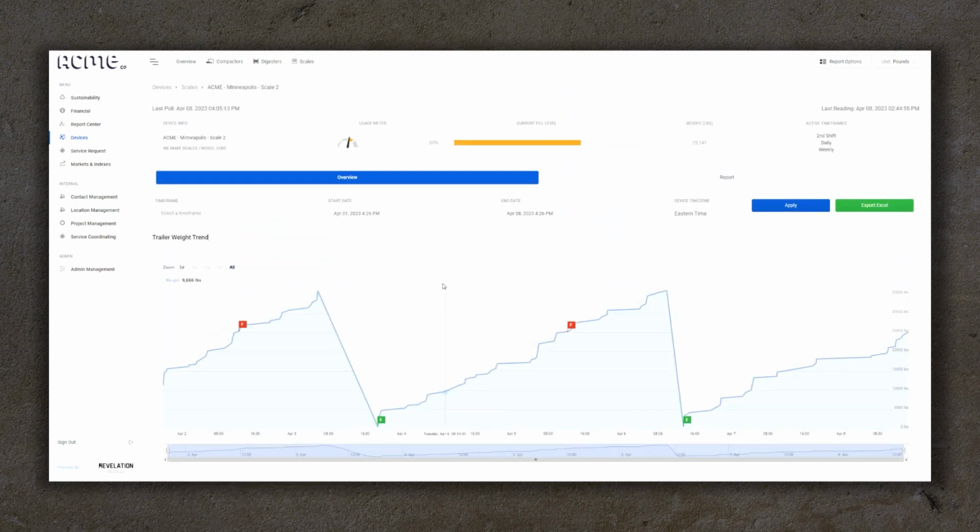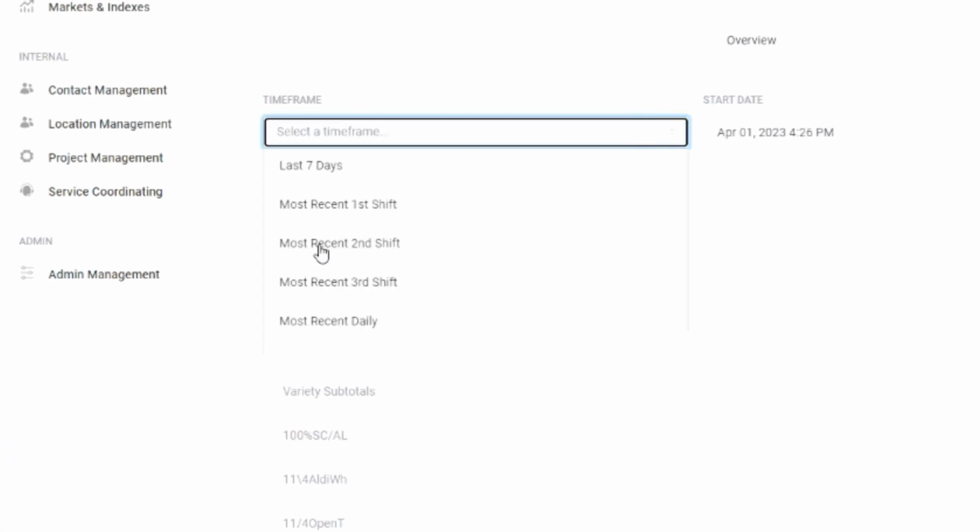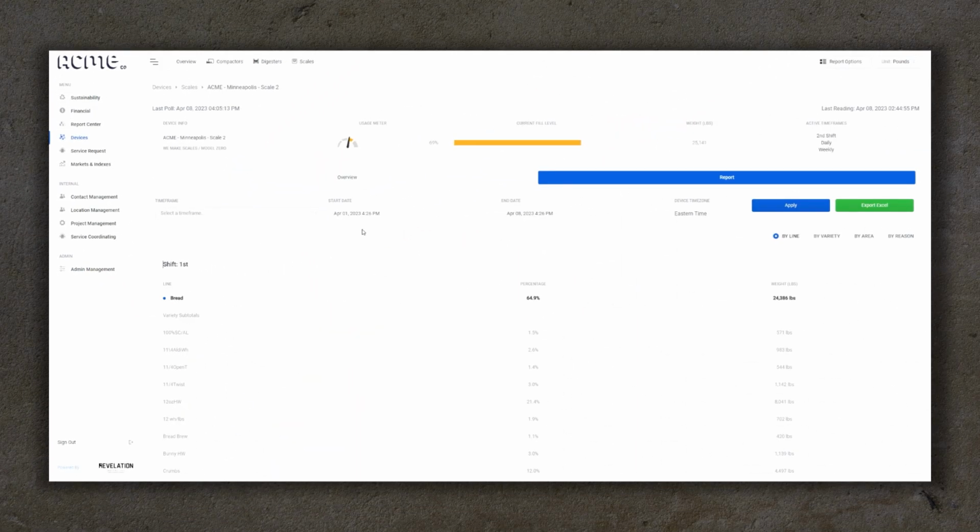Backing out, I'm back at the front. I can also look at detail of what we call our shift reporting instead of an overview for this device. We send out hyperlinks. This is mobile friendly, so that you might receive, say, a distribution email group that you want to have after each of your specified shifts. It will then send a hyperlink with the specified shift, with all the time frames pre-selected,